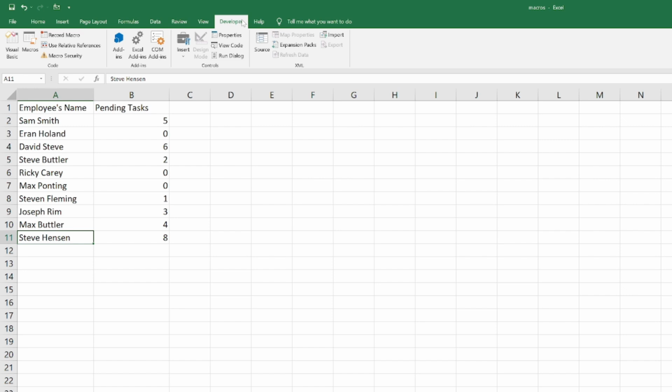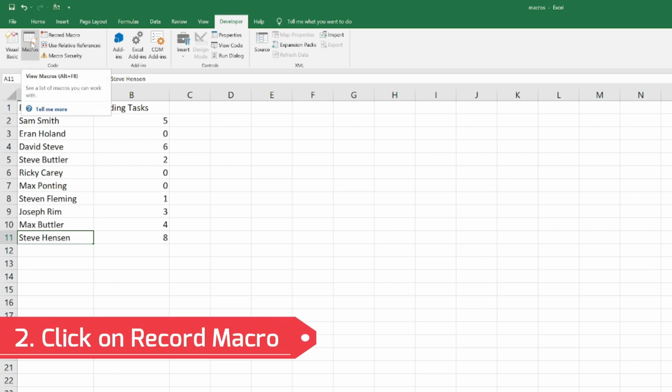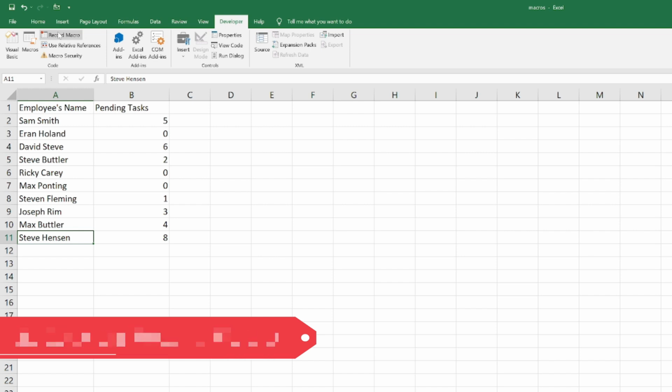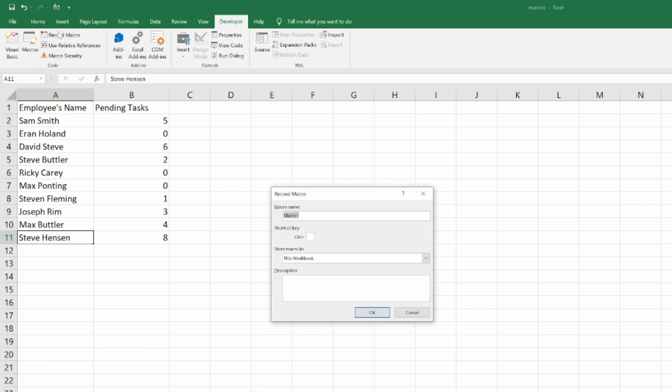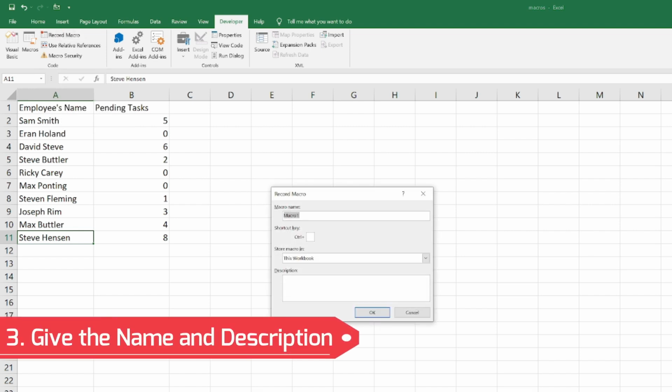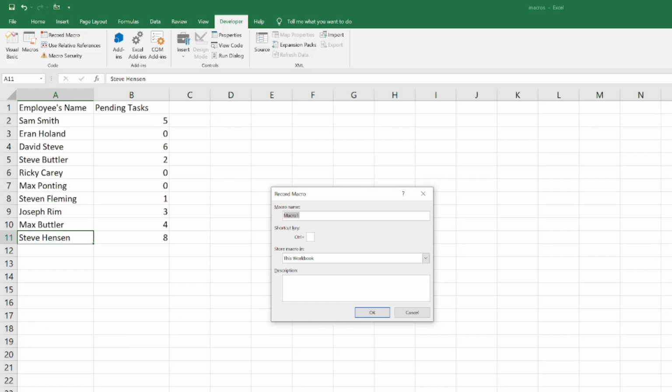And now what you need to do is go to the Macros option in the Code section and click on Record Macro. When you click on Record Macro, it will ask you for the name. Just give it a unique name so that you can identify which macro you have saved. I will give it the name Employees_Macro. Make sure that you don't give a space in between the name, give it an underscore, and in the description I will write